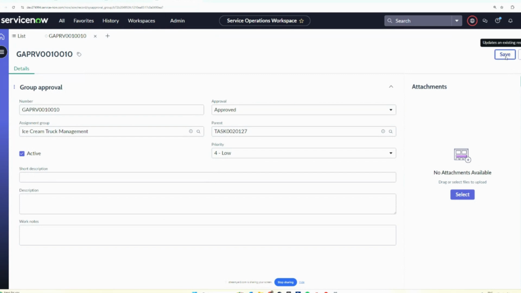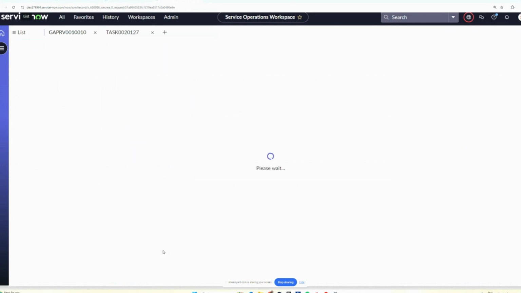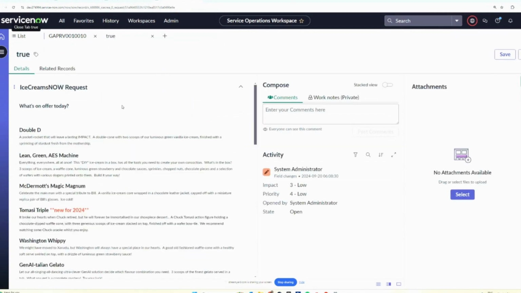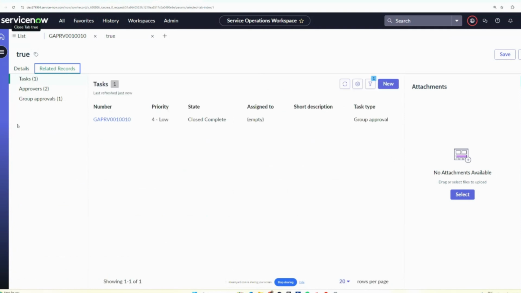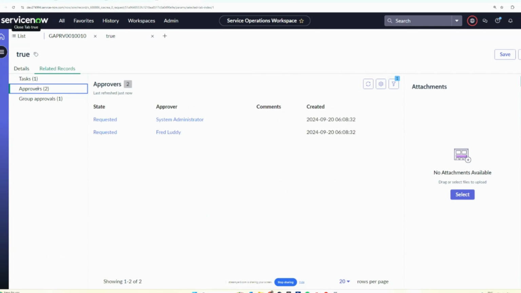I think I did a few things that are a little bit unusual with this, because when I go back to this step now, you'll see that's closed, but it hasn't actually gone to the next step. And I think when I built the approvals, it actually created individual approvals as well. So if I go to related records now, you'll see I've got my group approvals being done, but actually I've got two individual approvers as well. So that was a learning experience. Figured out that you can do group and